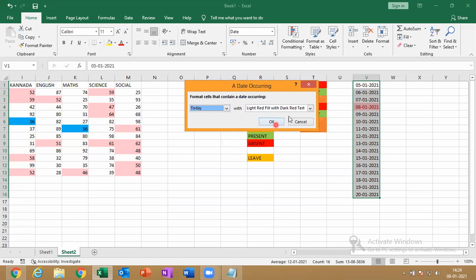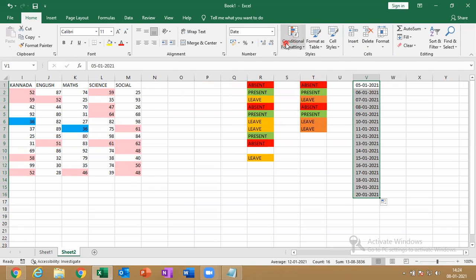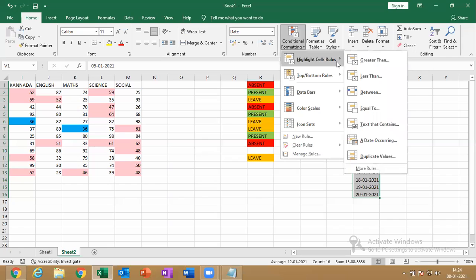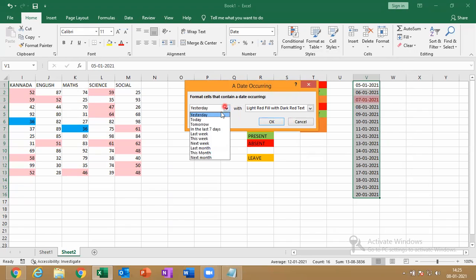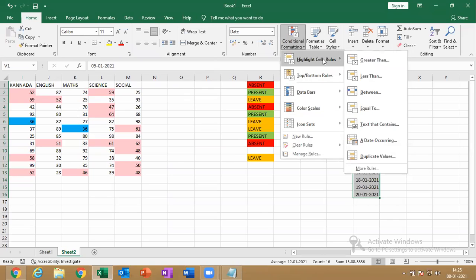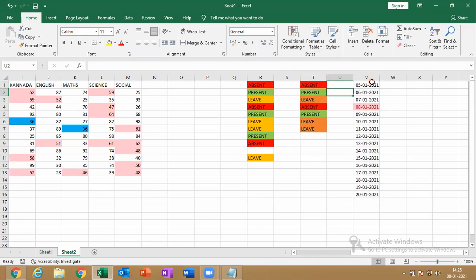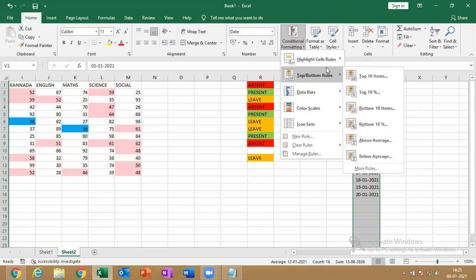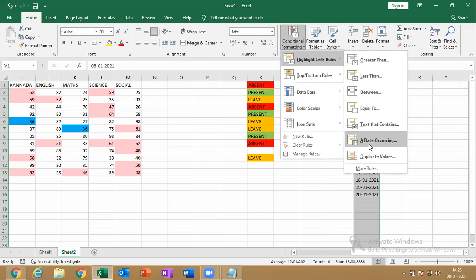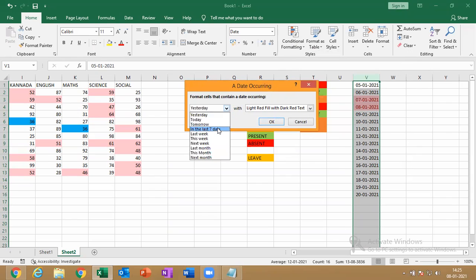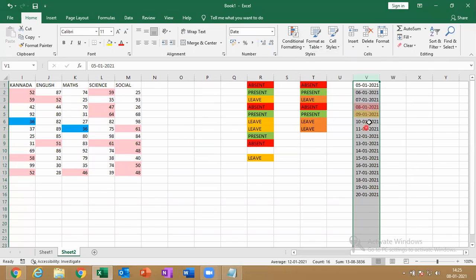If I select today and apply a color, then tomorrow when I open it, tomorrow's date will be considered as today's, so that date will be highlighted and this will go off. Today, this color. Tomorrow, this color, like that. So it will change if I open it tomorrow.